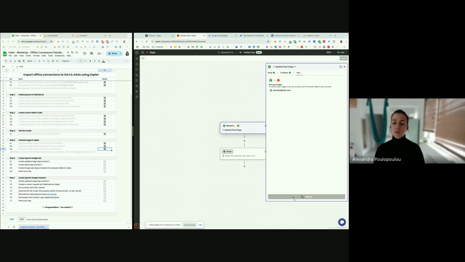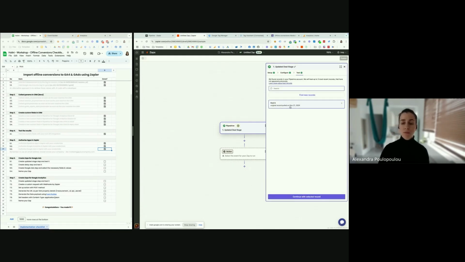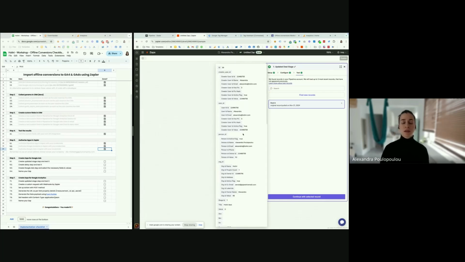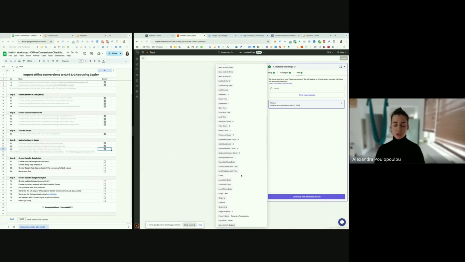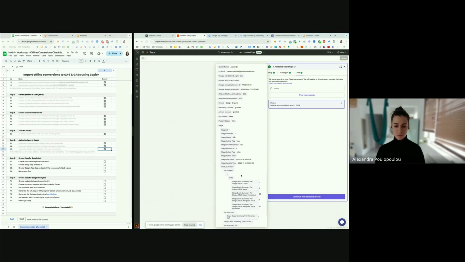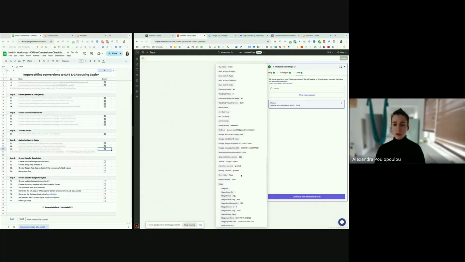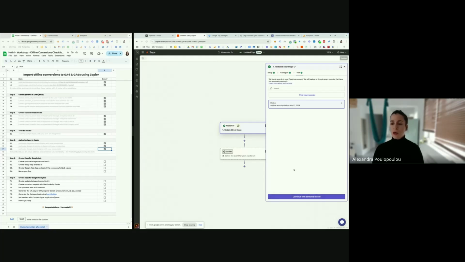Then we are prompted to test our Zap, and we will have an example of a deal that is registered in our SQL phase stage. It is my example, Alexandra with my email, and we have information available here about the deal. Along with it, we have the client ID, the session ID, etc. And we can continue.